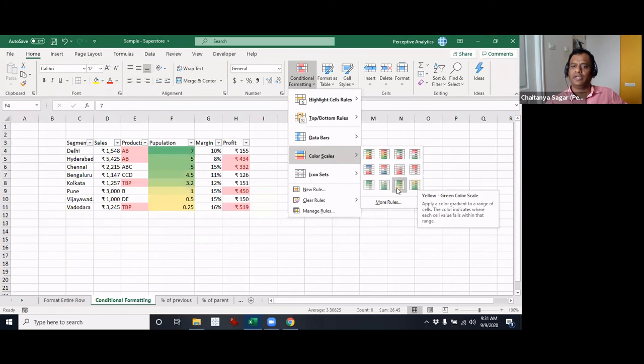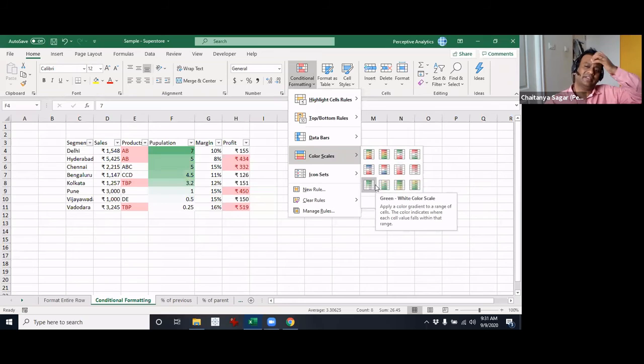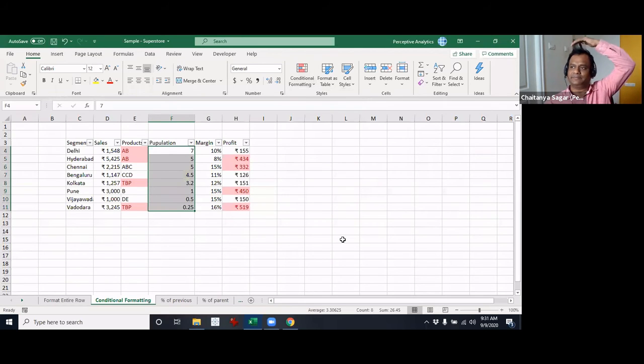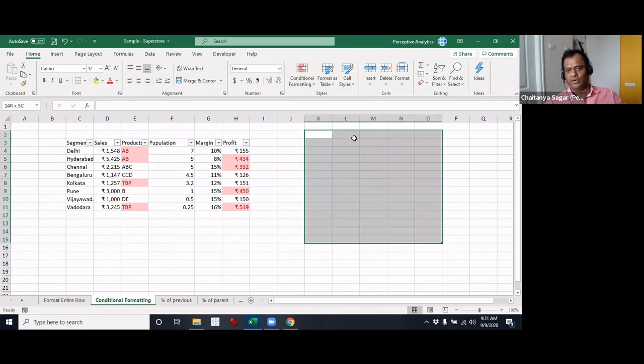I think they are useful in cases where you want to highlight some cells. You have a specific region and you want to highlight some, right? What do you call that? Heat map, right?